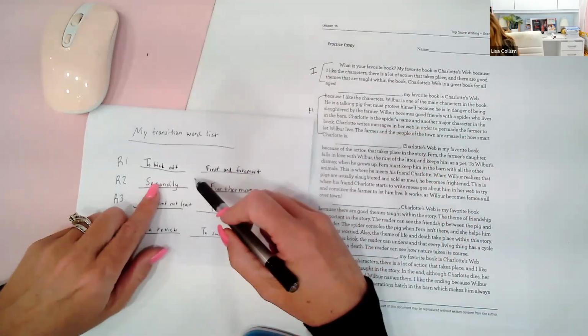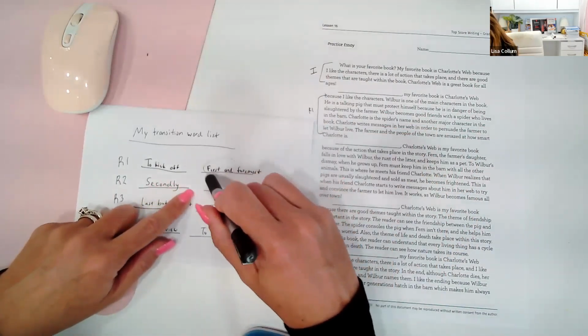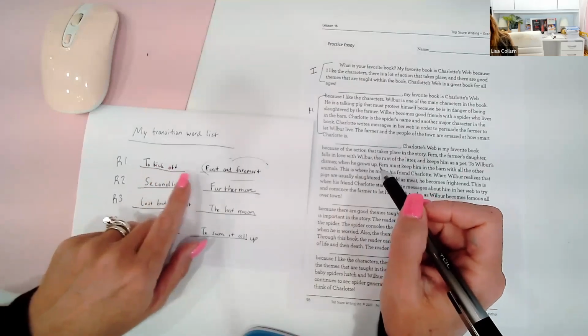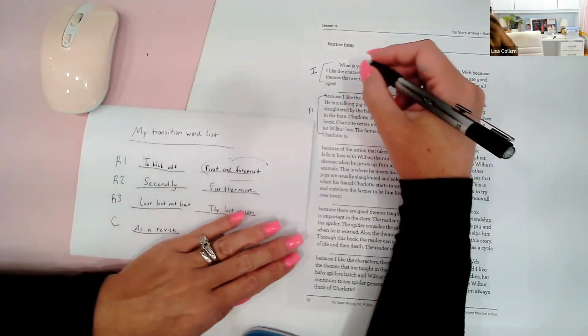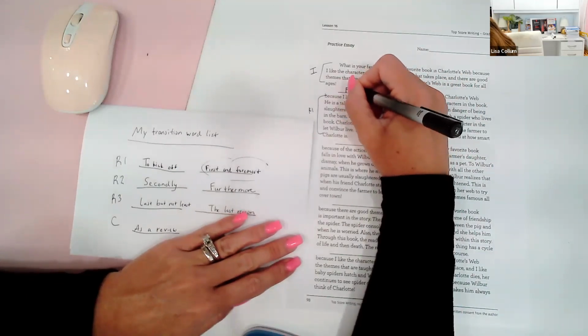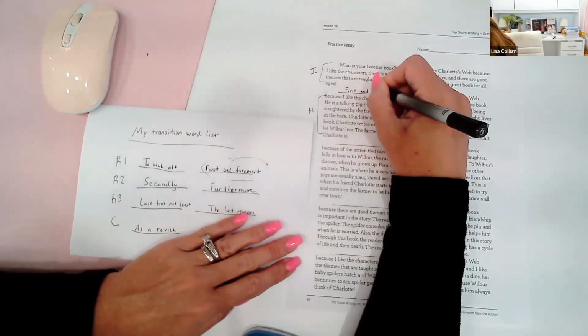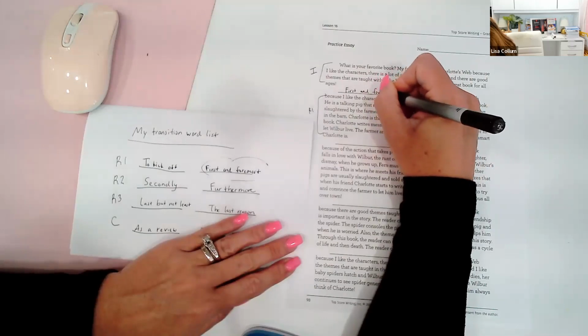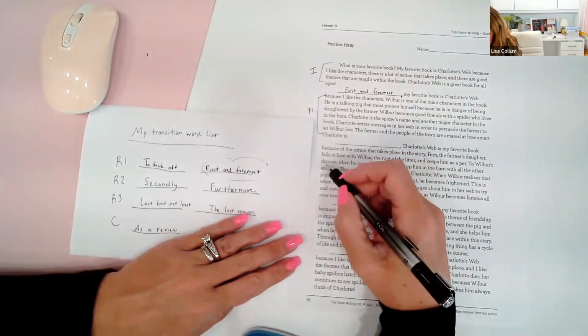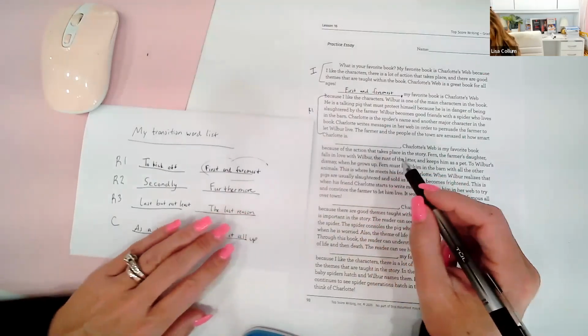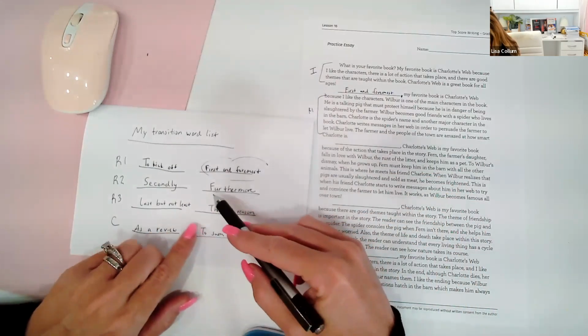I'm going to come over to my list and I'm going to say, you know what? I think I'm going to use first and foremost. I'm either going to use to kick it off or first and foremost. Okay. First and foremost, and there's a comma there already. And then when I go to my